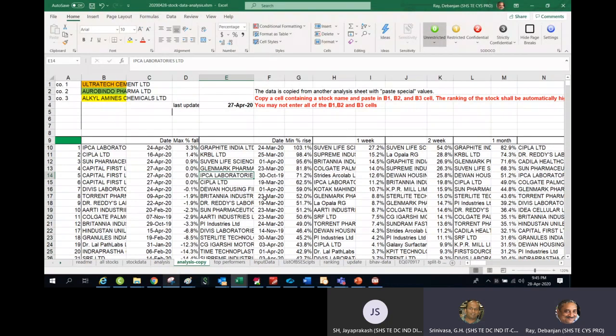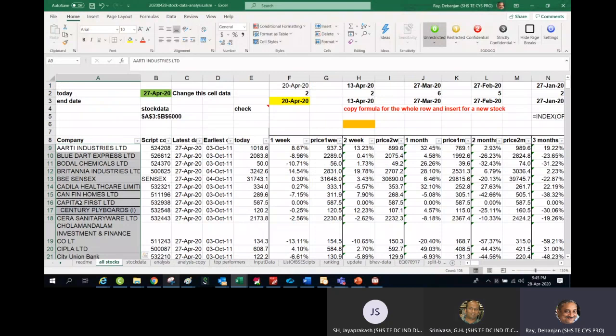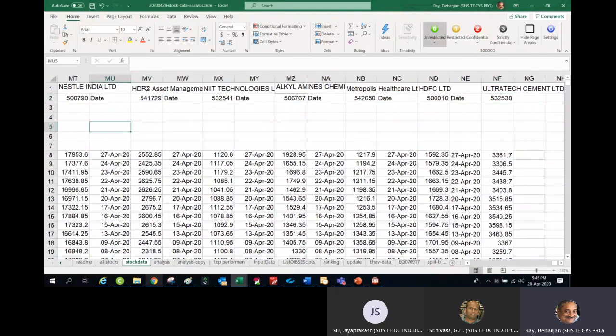Debanjan, can you take an example of HDFC Asset Management Company, which launched recently? I found its script value under multiple other columns like second year, third year. I think HDFC AMC is there already. It is also an asset management company.